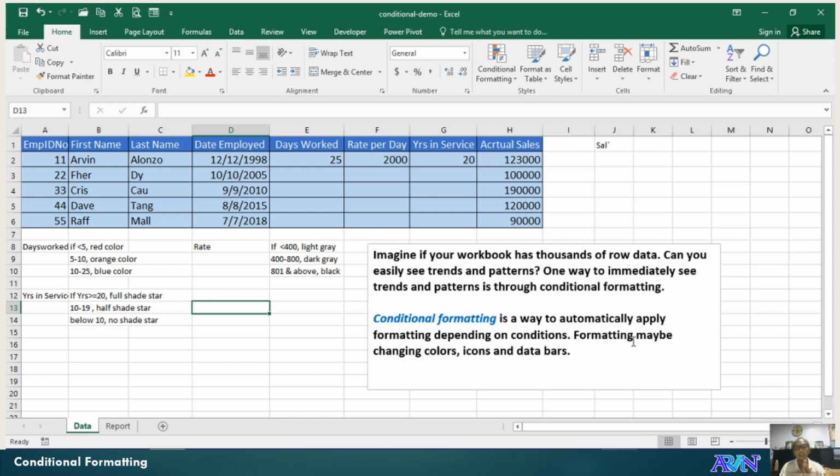Now, imagine if you have thousands of rows of data and your boss says, kindly show me the trend on our sales, or kindly show me the trend of the years in service. Who are those employees who have more than 20 years, who belong to 10 to 19 years in service, and many others. And you have hundreds and thousands of rows for this certain kind of situation. So